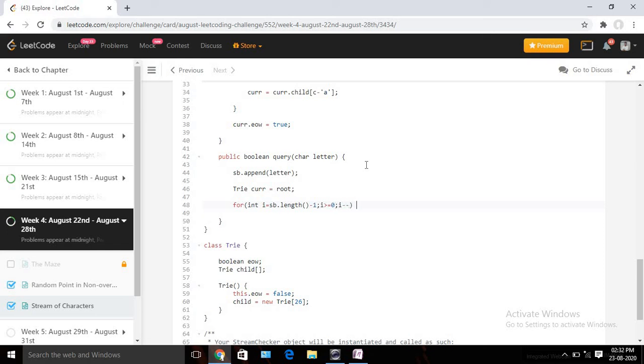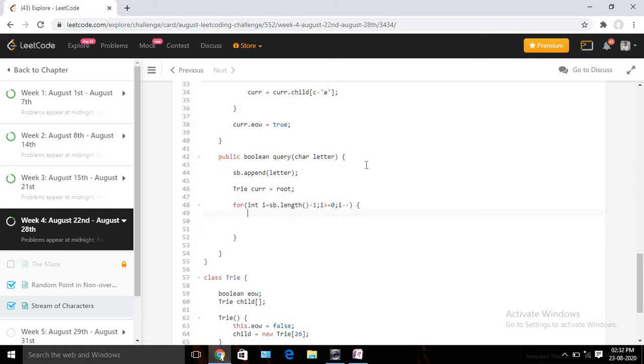Now again I need to check, right? If cur.child, so again I need to take the index. It should be sb.charAt(i) minus a, that will give me the index, equals null.